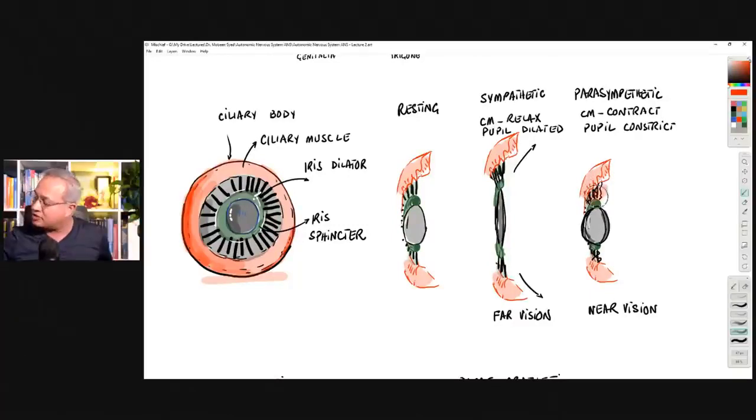When that is pulled forward, the tension on the lens reduces because the dilator fibers do not have a tension on them from the ciliary muscle. The ciliary muscle is not pulling them outwards anymore. And when the tension relaxes, the lens becomes more globular and we develop near vision. Of course, there is near vision done with the sphincter as well, the inner circular muscle that can do that too. So for the parasympathetic system, those muscles that would make the lens globular for near vision function. So the ciliary muscle would contract, the sphincter would contract.